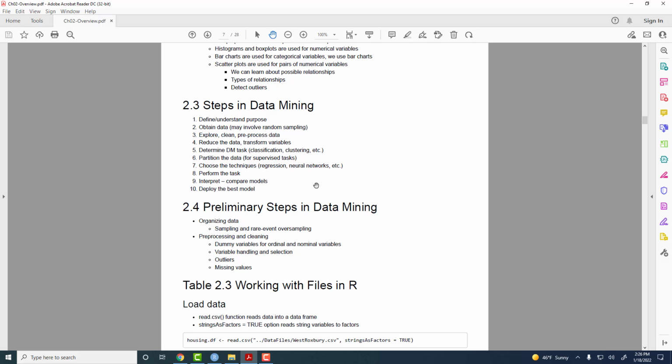Okay, so what we're going to do now is to get into the preliminary steps of data mining, which will be reading data in and then trying to get a basic, overall, general understanding of the data, what it is. Okay, so that's our next